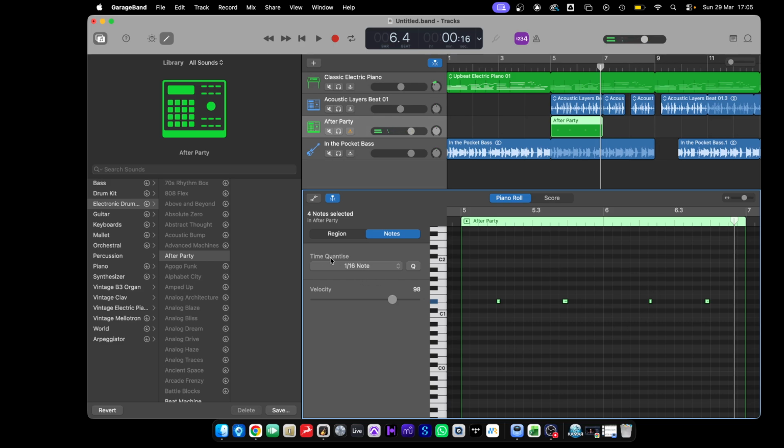And then over here we have this thing called time quantize. I know that this is on quarter note beats, so I'm going to highlight quarter note. And if I click quarter note, you'll see that all these notes have just moved to be placed perfectly on beat. Now if I push play,